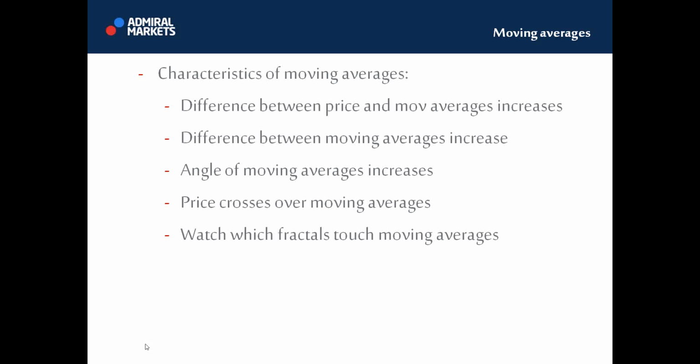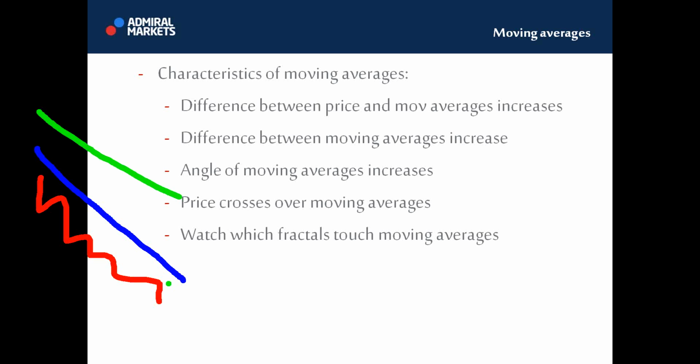So let me give you a drawing here, because I'm using too many words maybe. If price is under, doing like that, and we have an intermediate moving average and a long-term moving average like this, what I mean is that obviously this is a downtrend. Simple. What I also mean is that if price then breaks above the intermediate, this swings up.